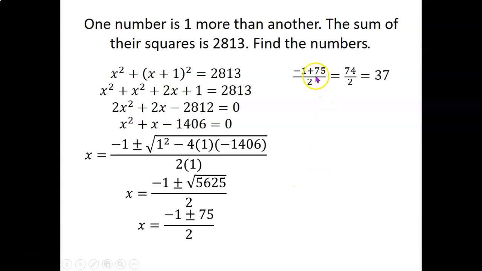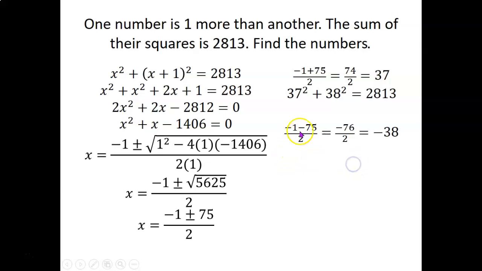If you do the plus, you get 74 over 2, which is 37. So one of the numbers is 37, and then the one that's one more than that is 38, and when you add their squares, you do get 2,813. The other possibility, when you do the minus, one of the numbers is negative 38,